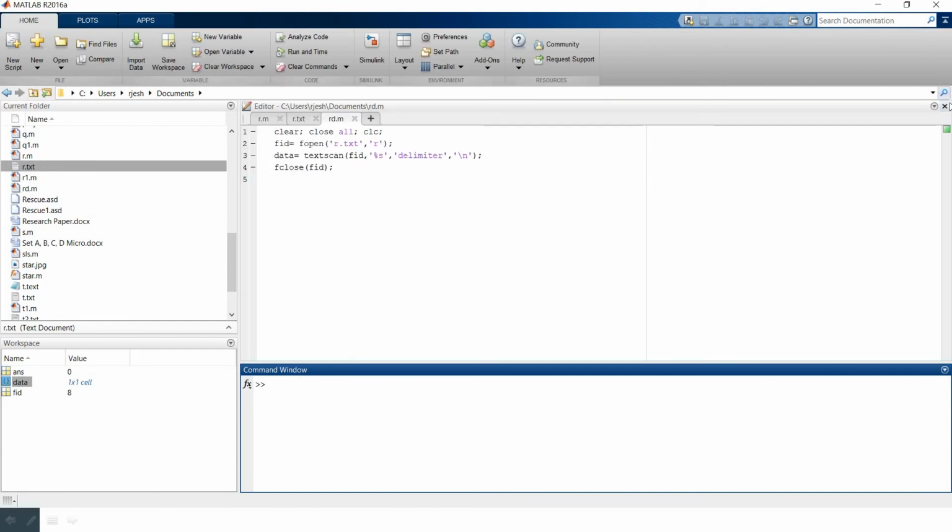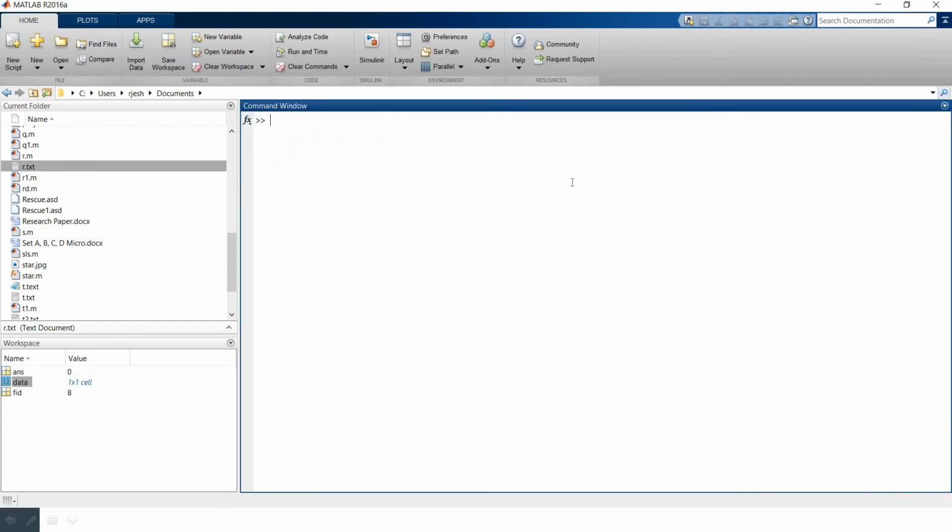Now you have to read what is there in the r.txt file. So just type in d{1}{1}. It is telling you, hey there, welcome.